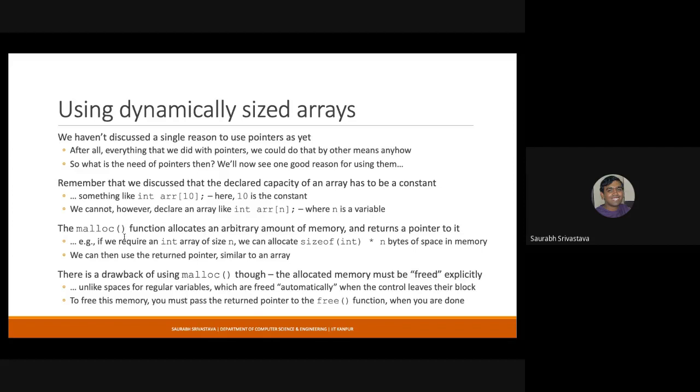Now you can either use it as a character array of size 20, or an integer array of size 5, okay? Or some structure that has, let us say, 10 characters and one double, one short, something like this. It's up to you how you use that 20 bytes of memory.